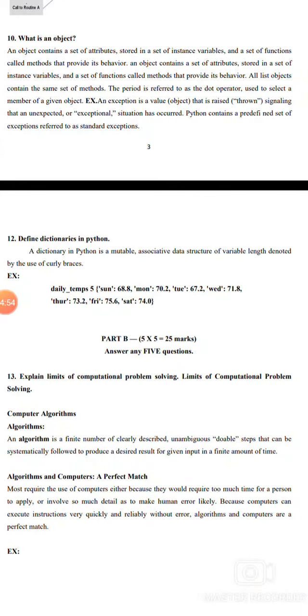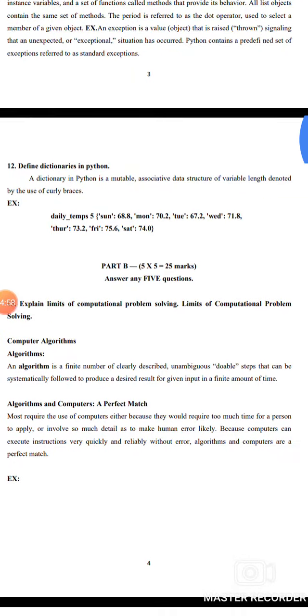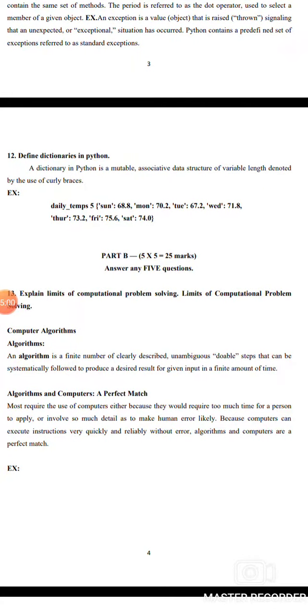11. Define dictionaries in Python. A dictionary in Python is a mutable, associative data structure of variable length, denoted by the use of curly braces. Example, daily temp: Sun 68.8, Mon 70.2, Tues 67.2, Wed 71.8, Thurs 73.2, Friday 75.6, Saturday